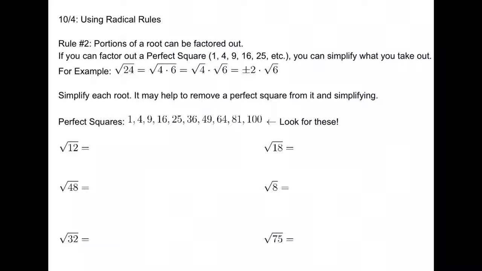October 4th, using radical rules. Rule number 2. Portions of a root can be factored out. If you can factor out a perfect square, numbers like 1, 4, 9, 16, 25, etc., you can simplify what